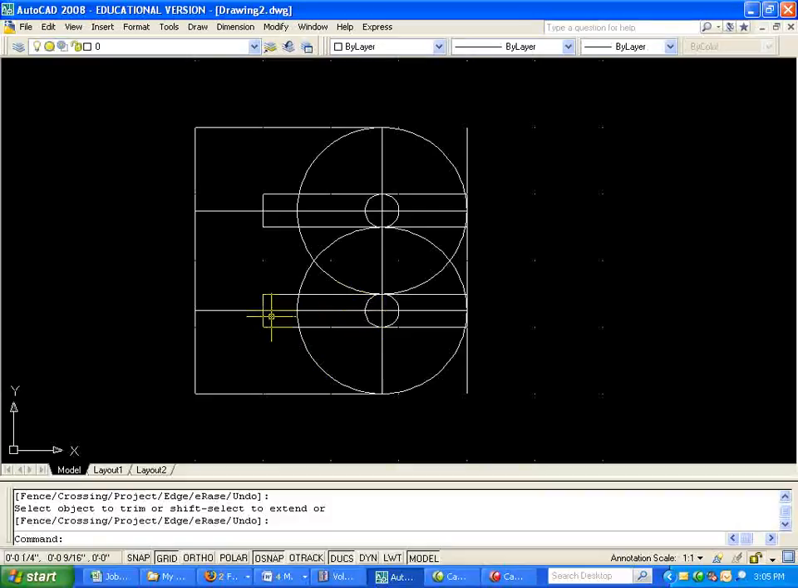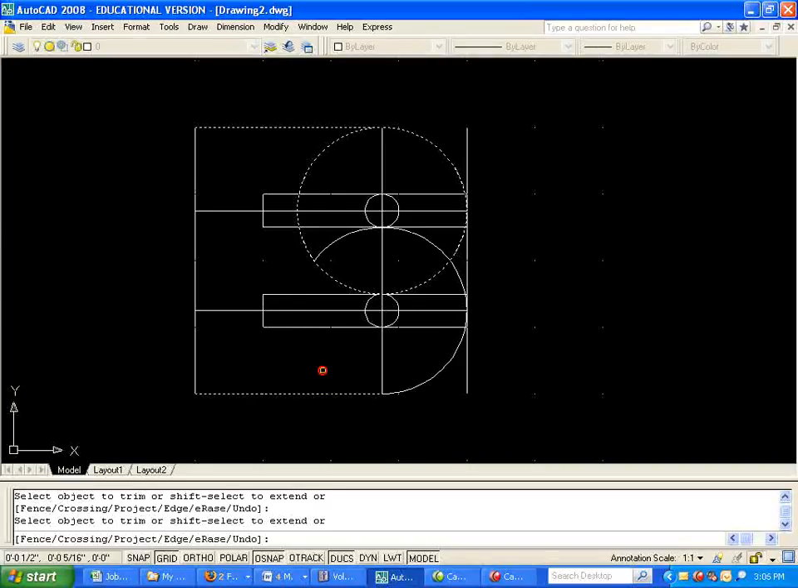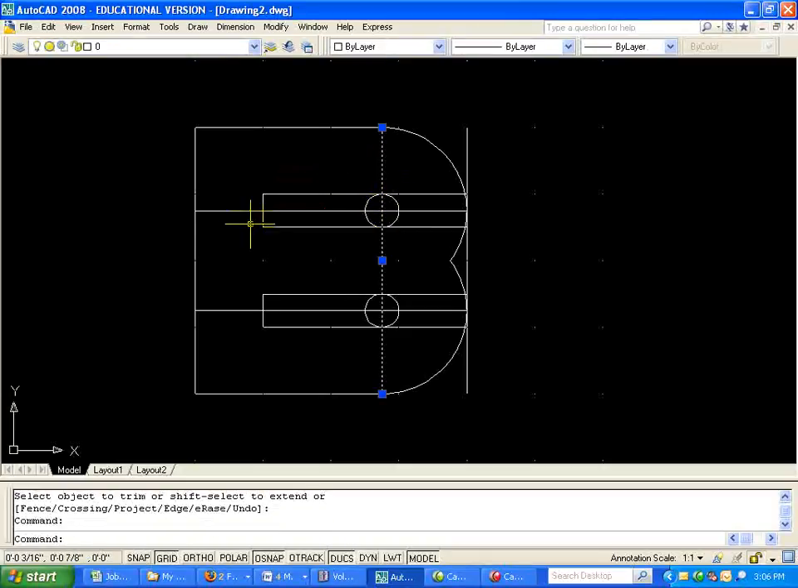Next item I want to trim would be the two big circles. Make sure you select the two circles along with the upper and lower boundary lines so that you can trim based on those elements, and make sure you press the enter key once your selections are made, and then you can cut the objects. As you can see, the B is taking form,